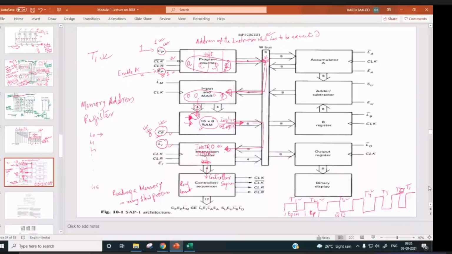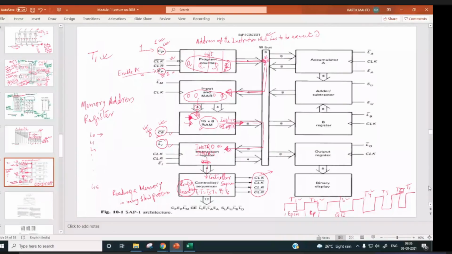So the clock is coming here also, you can see. This controller sequencer is generating the clock, and from that clock, the ring counter will decide this is T1, this is T2, T3, T4, T5, T6. Then the next clock will again be named T1.